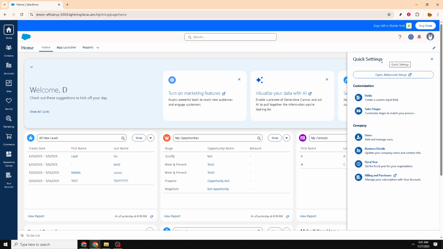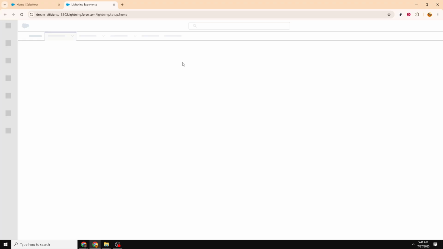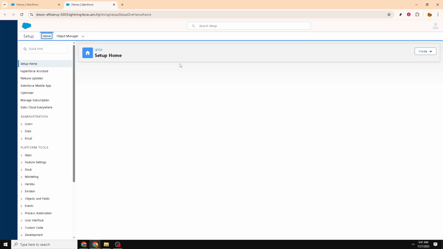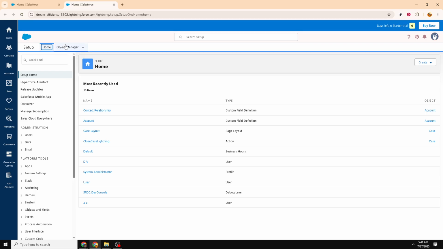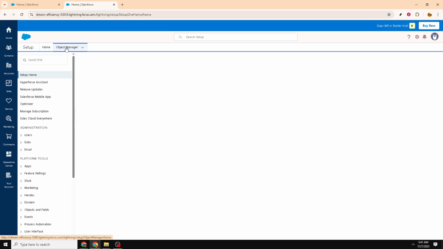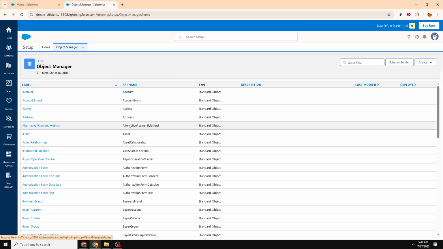After accessing Quick Settings, look for the option labeled Open Advanced Setup. Clicking this will redirect you to the Salesforce Setup menu, which is packed with tools for managing your Salesforce environment. The next step is to click on Object Manager. The Object Manager is where you handle all the different objects within Salesforce, allowing you to customize fields, relationships, and,